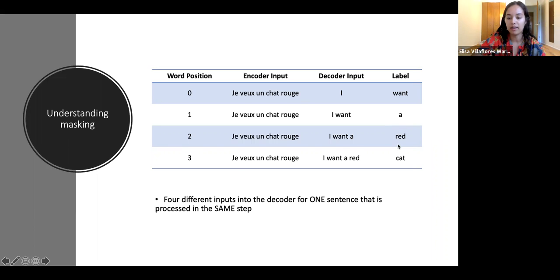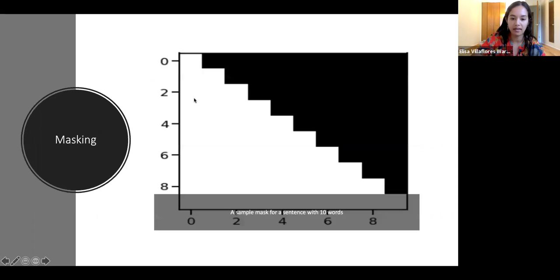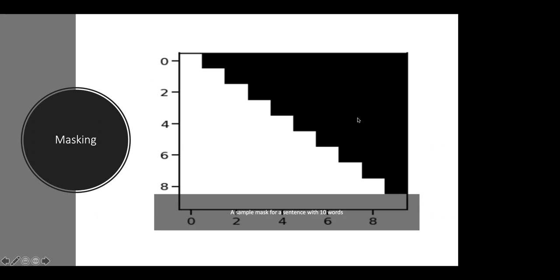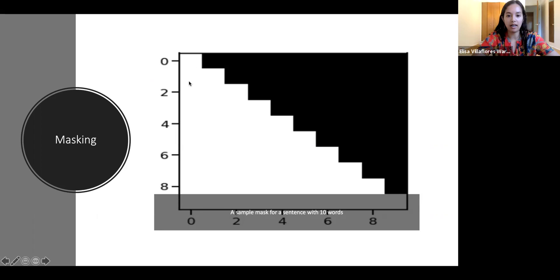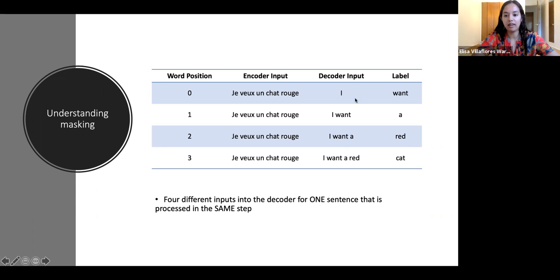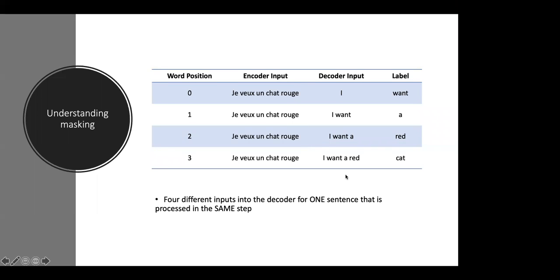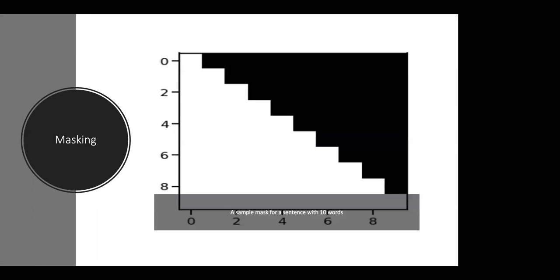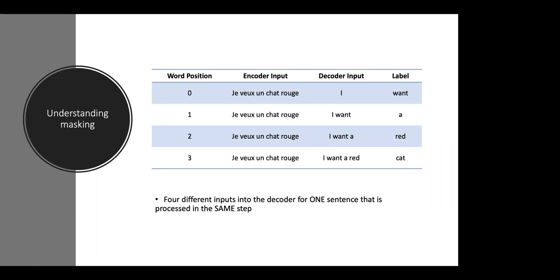But the point of masking is, if we imagine that we have a 10-word sentence, and then I repeat this sentence 10 times, I overlay the 10-word sentence onto this mask. Then we can see that this would be "I want a red." So it's basically creating this decoder input. Got it. So the masking is on the output side. That's correct. Yes, it's the decoder. And it's like output regularization in some sense.